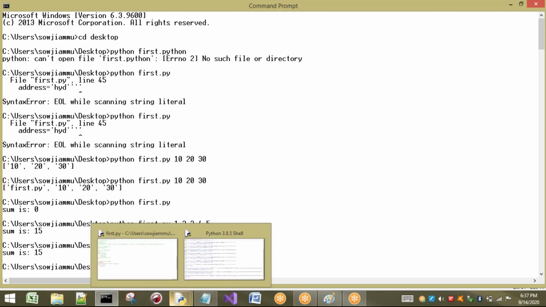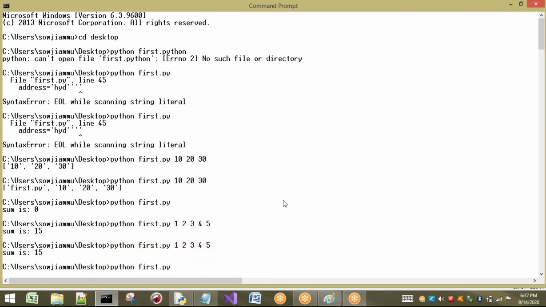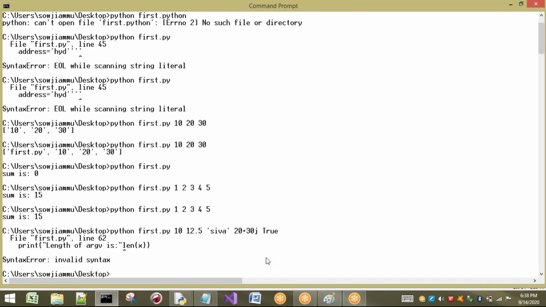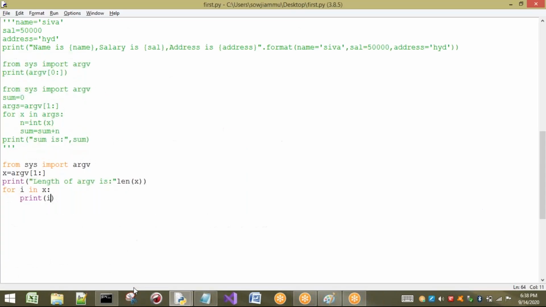Now I will take different values, that means different types. First I will take int type. Next I will take some float type. Next I want to take some string type, for example. Next I want to take some complex type, 20 plus 30j. And is there any type to be taken? Okay, boolean type also I will take. So these are the 5 basic types that I have taken. Now let us see in which form all these are going to be stored.